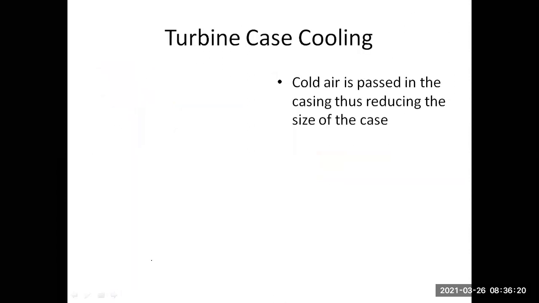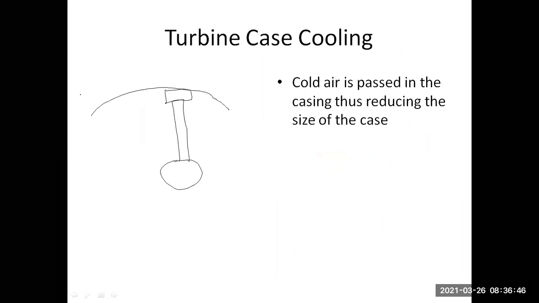And the last part of today's class is turbine case cooling. As I have told you, let us say this was the turbine disc. This is the turbine blade. As I told you, to avoid the vibration and to reduce the tip losses, we need to keep a shroud here. But even if we keep a shroud, because of the movement, it can create a gap over here and there can still be a loss of pressure at the tip.